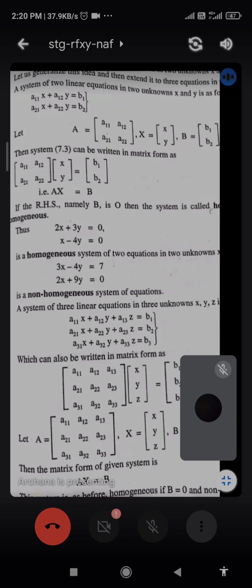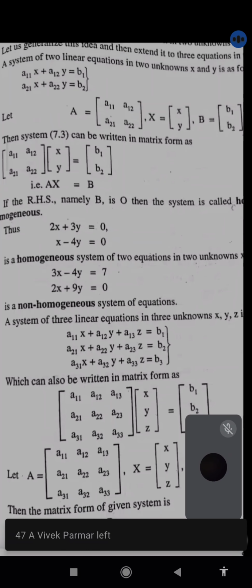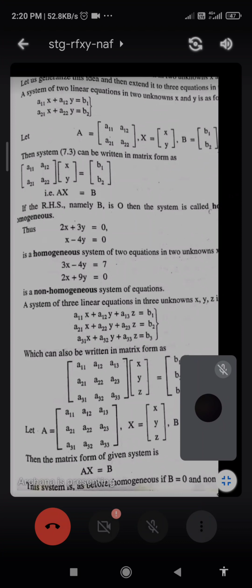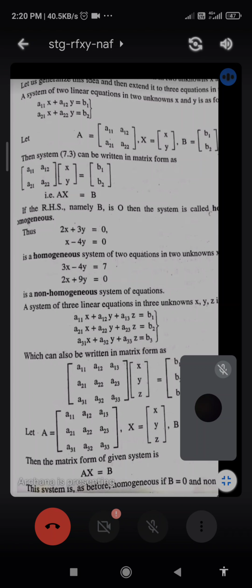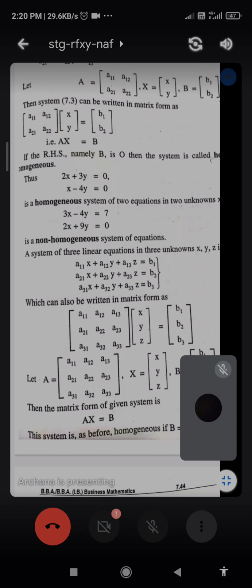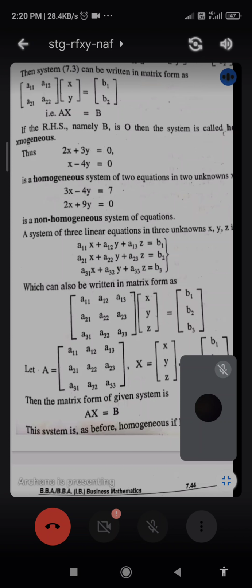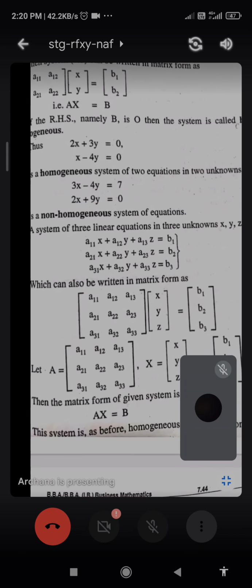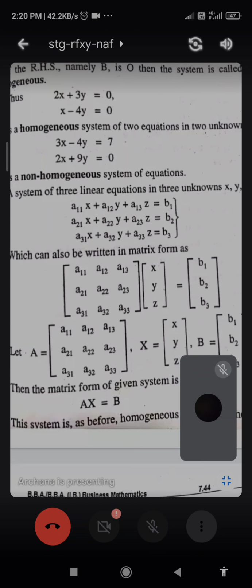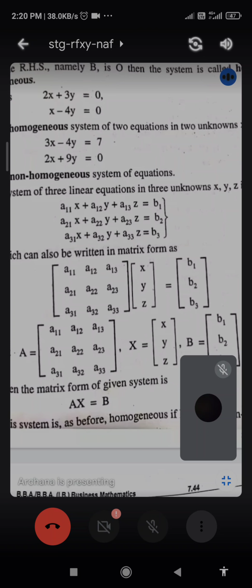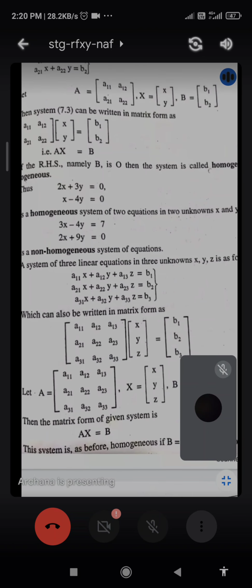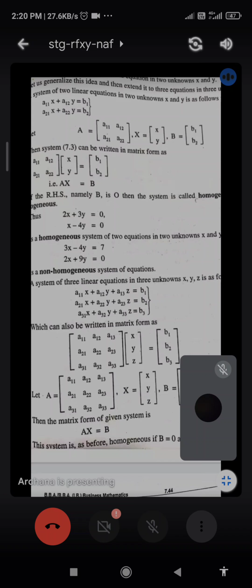So in this equation, B is equal to 7, 0, correct? A column matrix 7, 0. So this one is a non-homogeneous system of linear equations. So a system of three linear equations in three unknowns x, y, z is a11x plus a12y plus a13z is equal to b1, a21x plus a22y plus a23z is equal to b2, a31x plus a32y plus a33z is